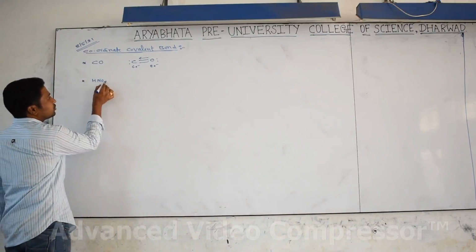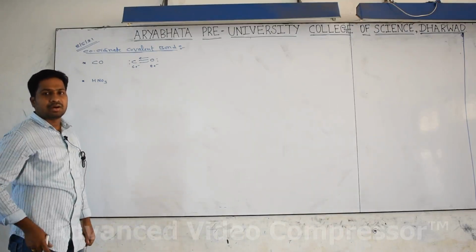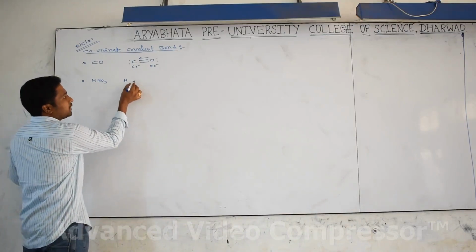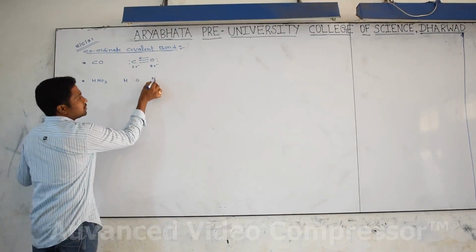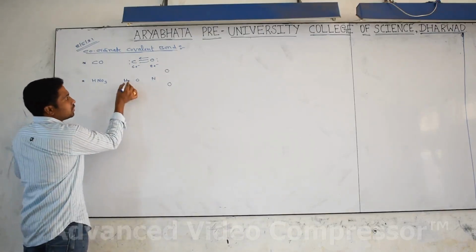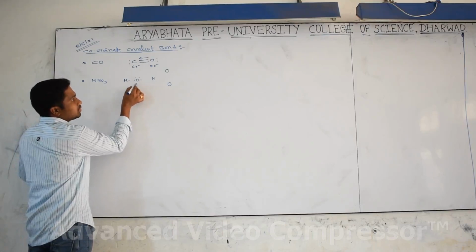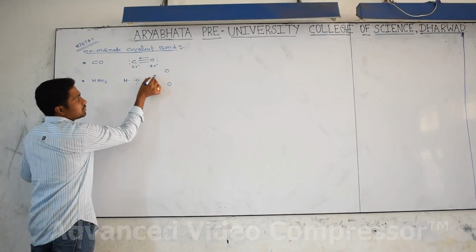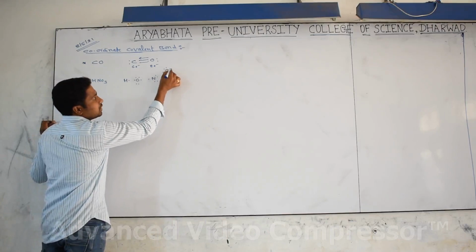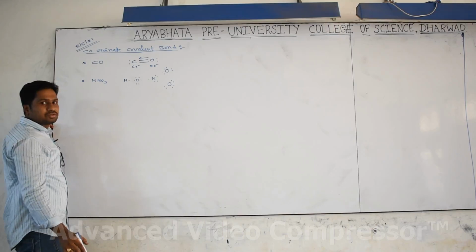Let me tell you one more example. The HNO3 molecule also has a coordinate covalent bond in it. HNO3 is nitric acid, as you know very well. I will always write hydrogen as terminal, and after that oxygen, nitrogen, oxygen, oxygen. Hydrogen has 1 valence electron. Oxygen has 6 valence electrons. Nitrogen has 5 valence electrons because it is a group 5A element. Oxygen has 6 valence electrons, shown as 6 dots.